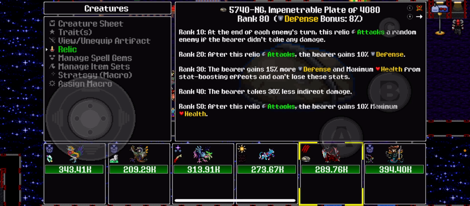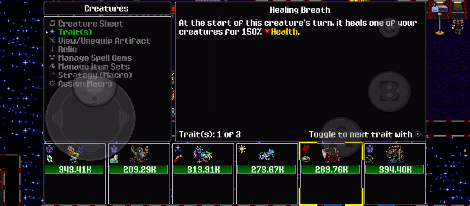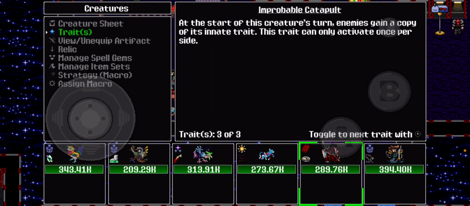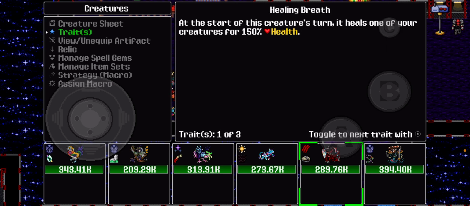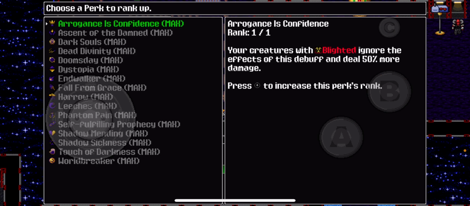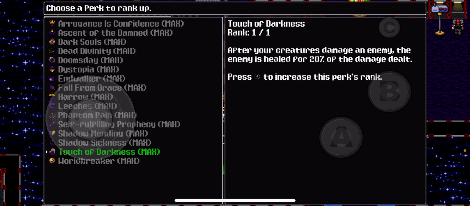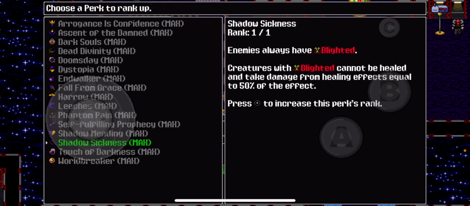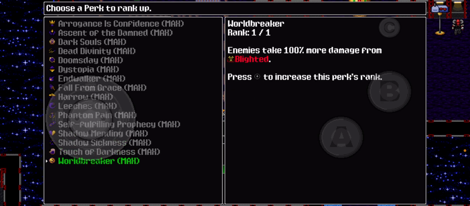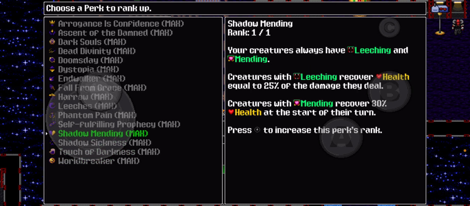The purpose of this team is to just have the Drake use surprise, start at the top of the timeline, use improbable catapult at the start of its turn, and then give healing breath. So blighted is just going to fry everything, because enemies are always going to have blighted. Enemies are going to take 100% more damage from blighted, and